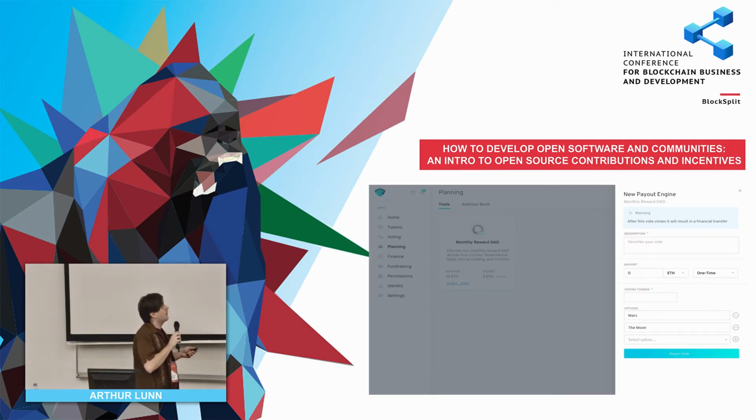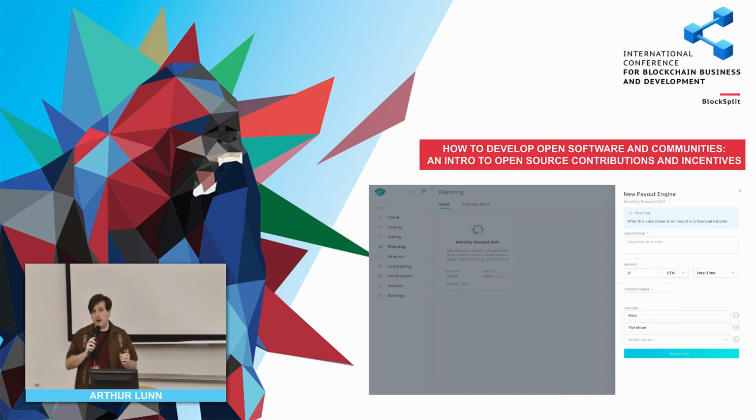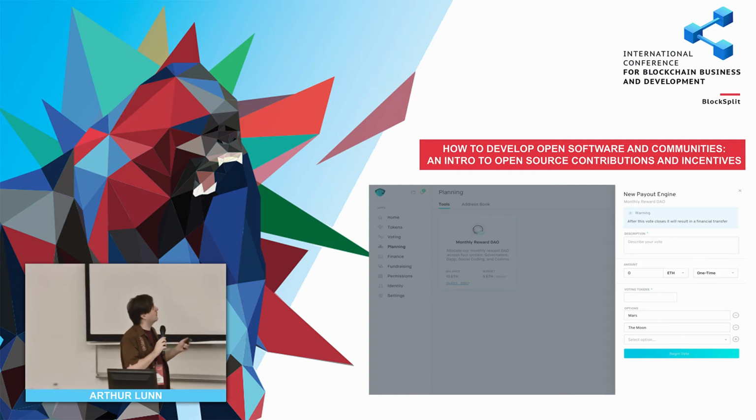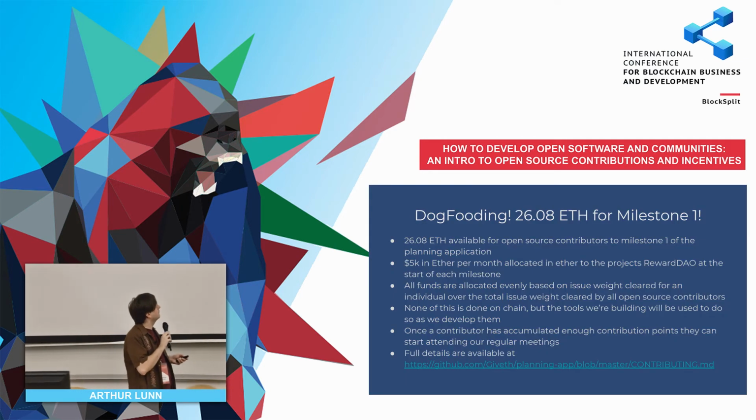Here's the start of the payout engine. So this payout engine actually triggers both a payout engine and a range vote. So they're 2 different elements. And then yeah, so we're trying this. Like we're trying to use these tools now. The idea is that we assign issue weights, and then we just distribute out whatever people clear based on the percentage of issues that they cleared from open source contributions.